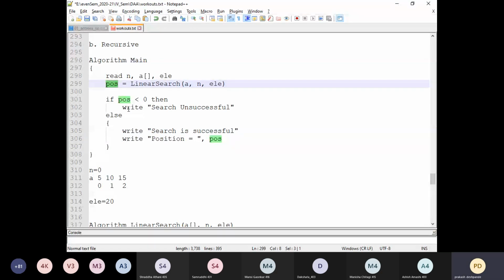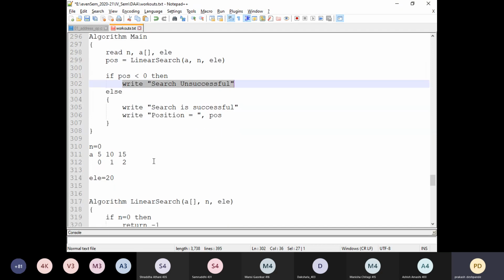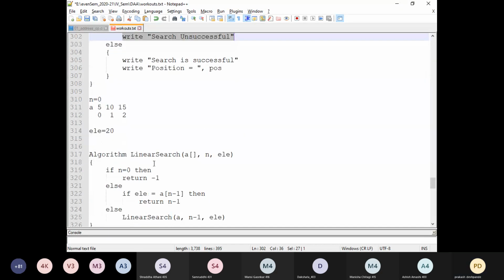Okay. Now, look into the next statements. If minus 1 less than 0, is it true? Yes, it is true. Then we will just display a message as search unsuccessful. If the return value is not minus 1, that means it can be 0, it can be 1, or it can be 2 also, depending upon the element which we are searching for.